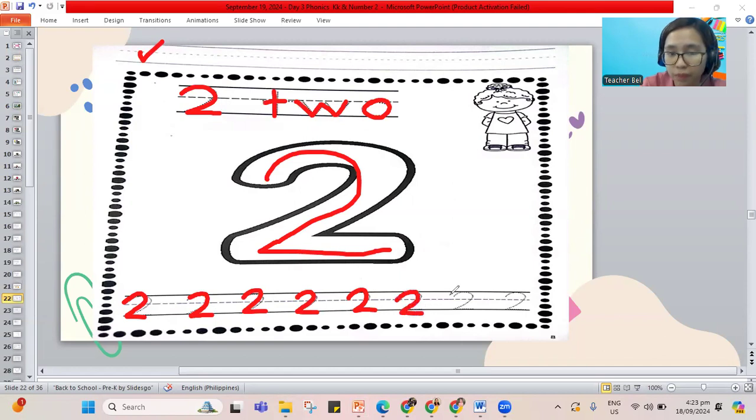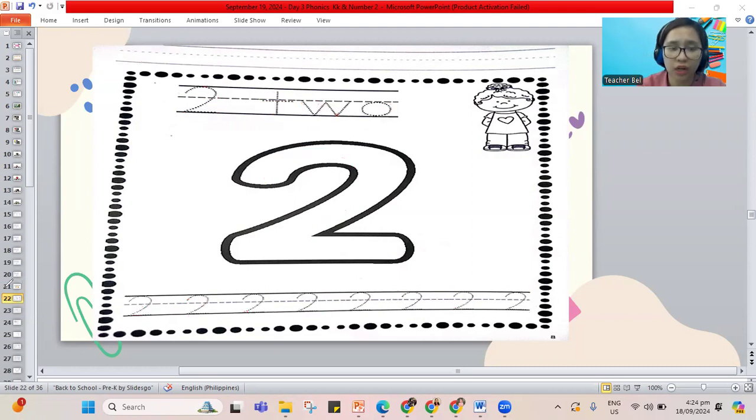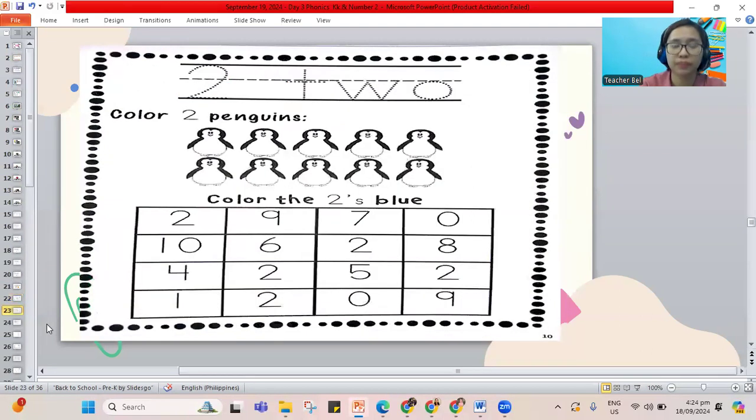So our number friend for today's lesson is the number 2. And I'm showing you 2 fingers up in the air. That's 1 and 2. Now, if you're not yet done with the work, pause the video. Play it again once you are done. Are you done with this one? I'll move to the next page. I'll erase this one and I'll jump to tracing number 2. Again, tracing the number 2 and the letters in two, that's T, W, and O, the word two.